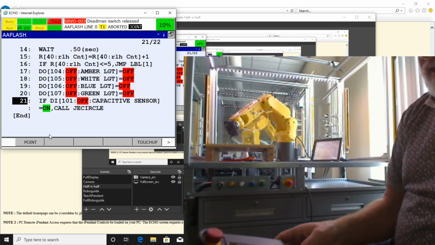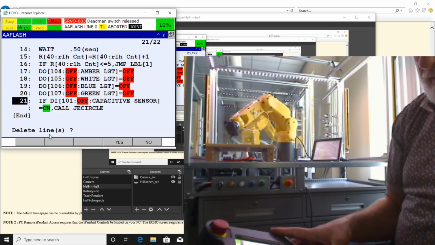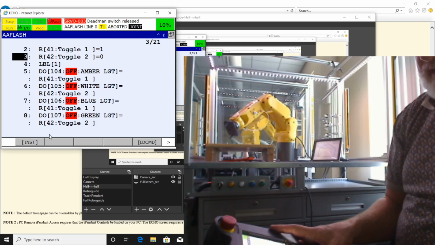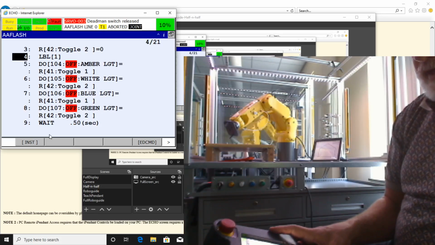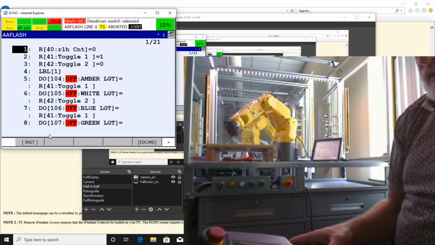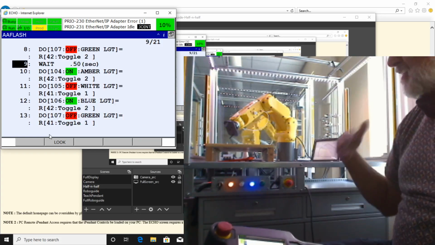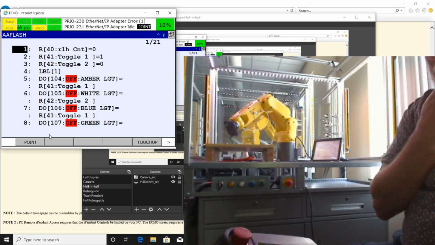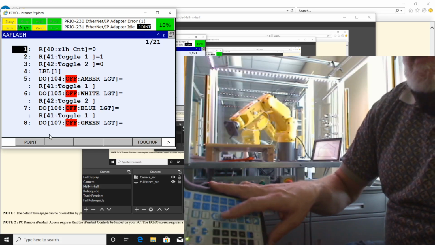Okay, so what I'm going to do here is delete this one line, so that we're not going to have this move. There's nothing in this program that has anything to do with moving the robot arm. If I run the program, it's just going to flash these lights back and forth, but the program is not actually moving the robot in any way. So what I would like to do is tie this to the Tool 1 button on here